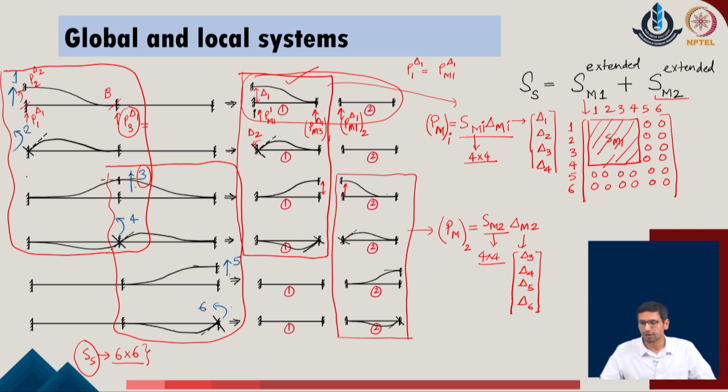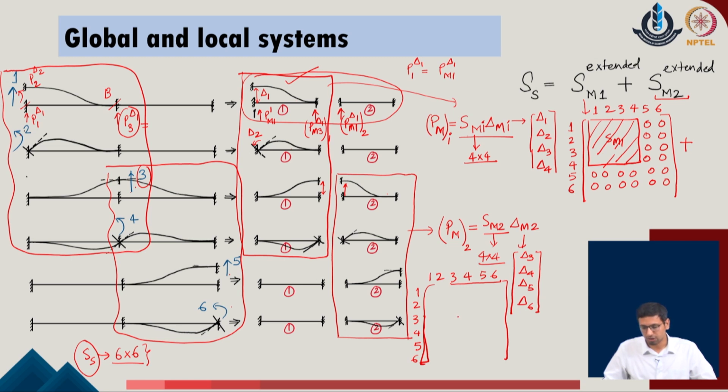In the same manner, now we look at the SM2 which is the member 2 contribution, and we understood that SM2 is contributing corresponding to the member 2, and member 2 is attributing to the degrees of freedom 3, 4, 5 and 6 in the given problem, which means that now out of the similar context of the stiffness contribution, if we make it over here, we identify the degrees of freedom 1, 2, 3, 4, 5 and 6, and out of that now we realize that the member 2 contributions are with respect to the degrees of freedom 3, 4, 5, 6 in the given problem.